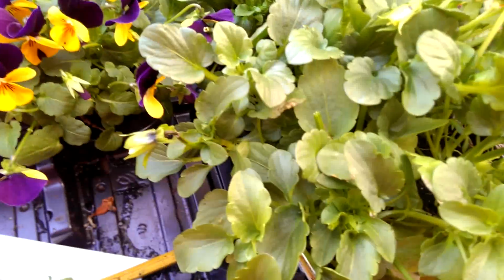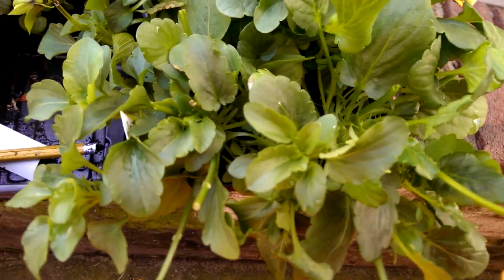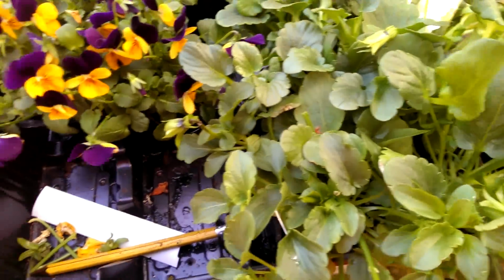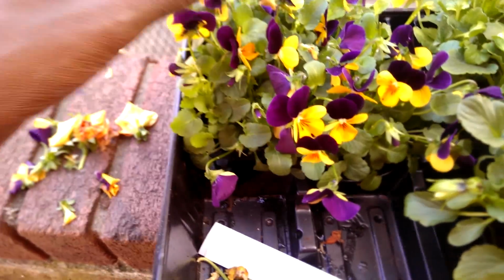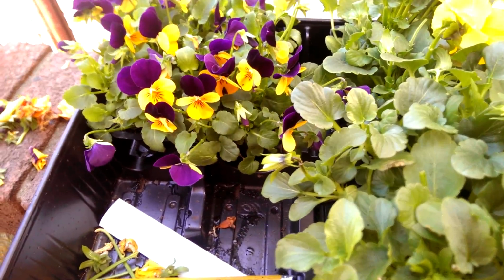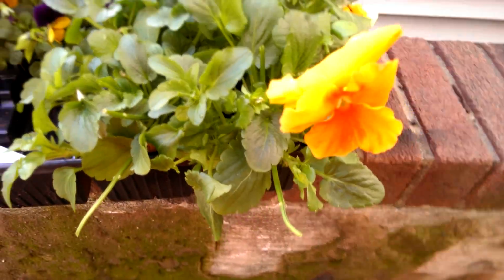So then the next spring I was able to enjoy the same display very early, and then I don't know what happened. I guess they died the next year. You know, pansies are not really very long-lived. Usually pansies, as soon as it starts to warm up, they die, and then you have to throw something else into the container, because they will be dead, and there'll be that big old wide open space with nothing there. Anyway,